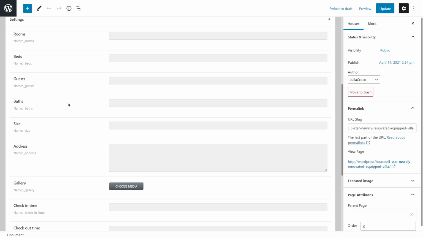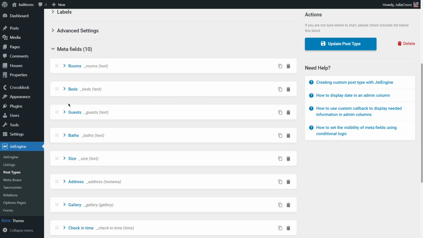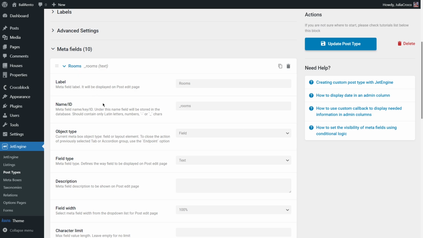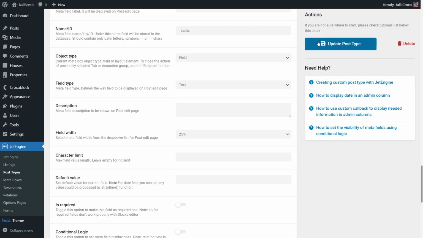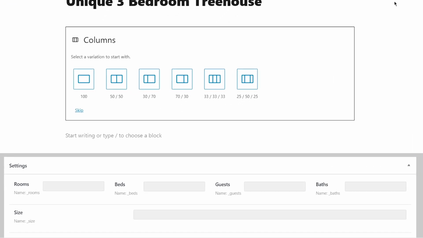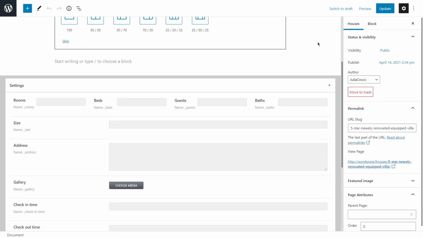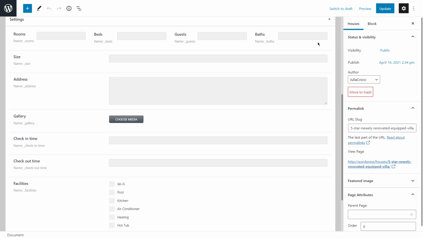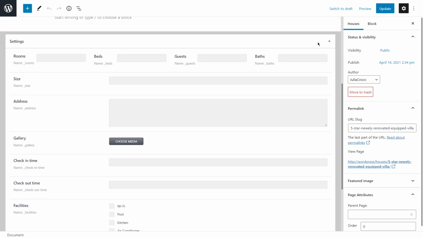Here are a couple of tricks before we start filling them in. I set everything to 100%, but some fields like time, beds, or room do not require a full field width. To save some space, especially if you have a lot of different meta fields, just set the width of the needed fields to a certain percent. Now, as for the grouping the meta fields in a certain way, I used the field object type for this